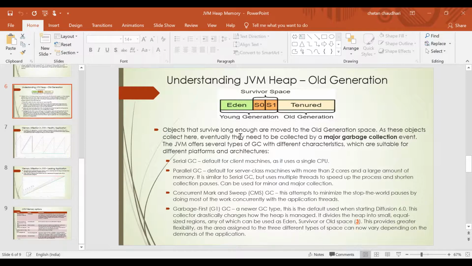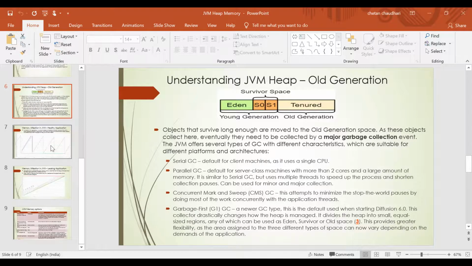We also saw that there are some types of GCs that are needed, because GC is the daemon thread which is actually doing this task of moving the objects around the spaces in the heap. There are different types of GC: serial, parallel, CMS, and G1 GC. We will go through them in today's session.